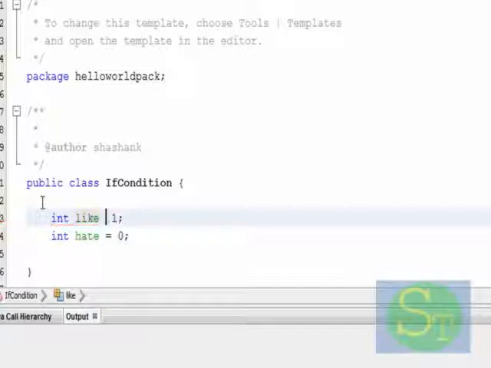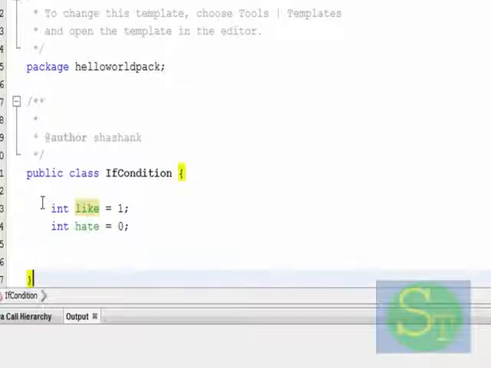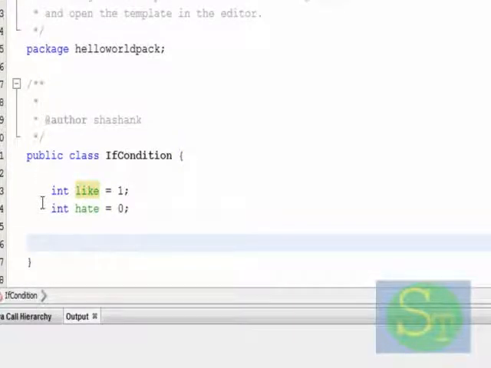We assign the values. What am I telling you? You will just know. So in this following condition, let us also type int height equal to 0.